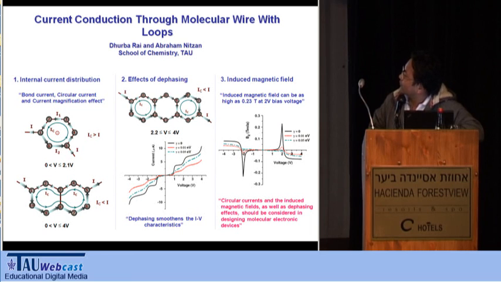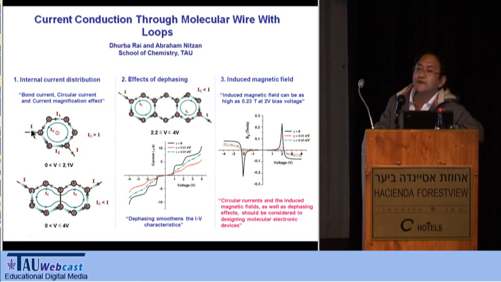Let me go quickly over from the first panel. As you can see, we have here a benzene in meta connection. The length of the arrow is proportional to the current in that particular bond. Here you can see I2 much larger than I. In some voltage range, the current through this lower branch exceeds the net current I passing through this molecular system. When current I2 exceeds the net current I entering the loop, the current in the other arm, that is the upper arm, must flow in opposite direction for current conservation.